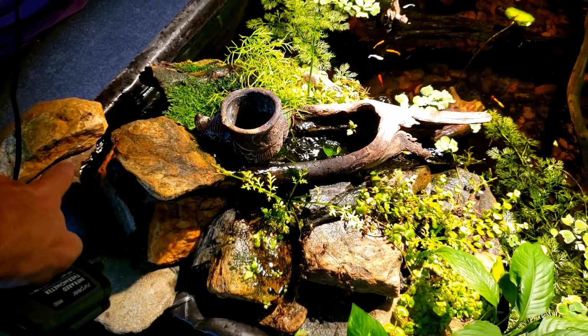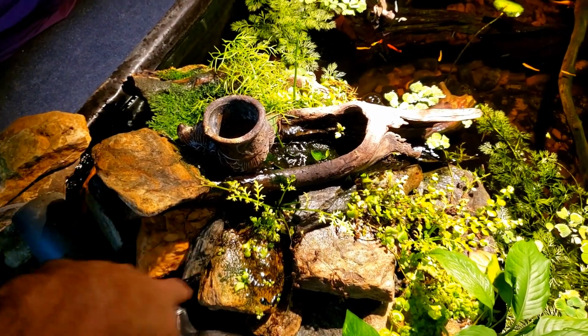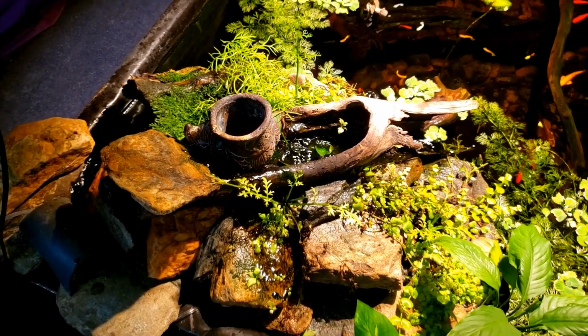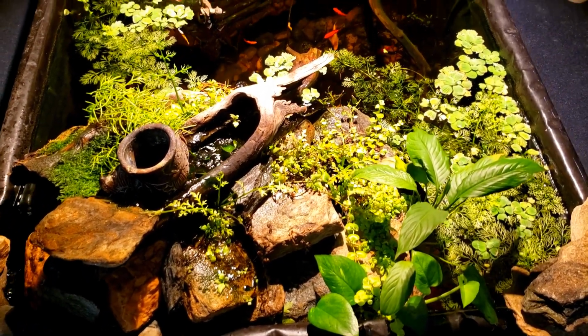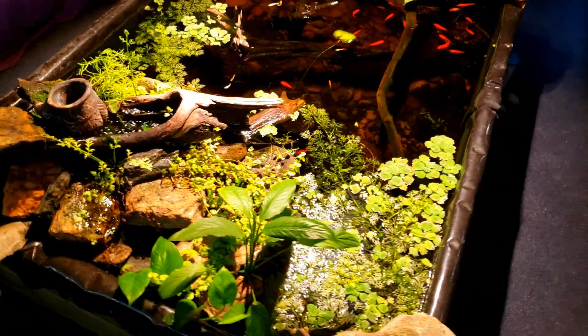I also have an air stone. You can see the activity over here. That's from an air stone in there. So the water circulation happens at this end of the tank, and so if I had a heater in here, we could just actually heat the thing up a lot more efficiently than trying to do it by burning kerosene,